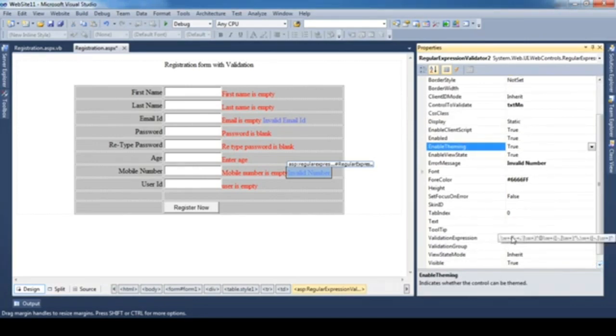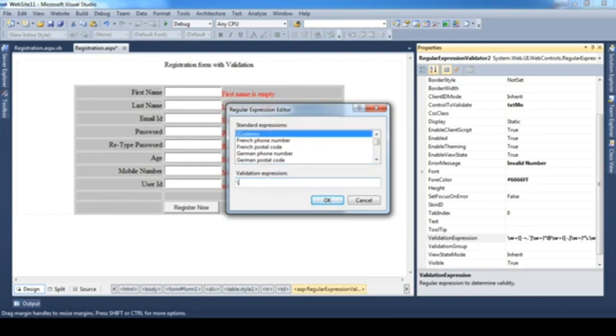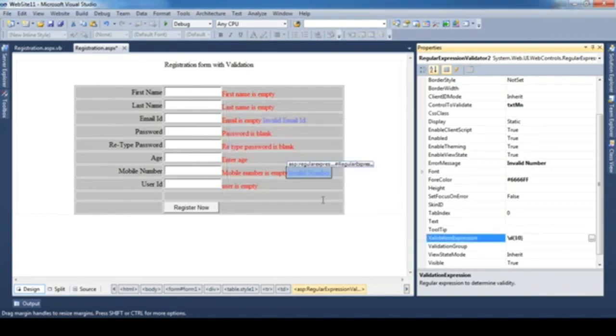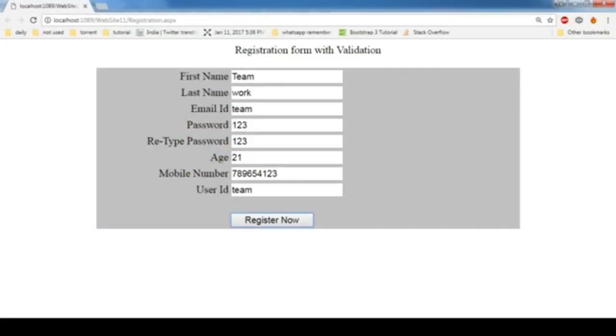For color also, if you want to change it, you can. And again go to the validation expression. Now we don't have any ready-made expression for mobile, so just select the custom one and type it, as I told you I want only digits. For that I have taken \d, and how many digits do I want? 10. So within curly brackets I have specified 10 and clicked OK. So \d means only numbers, and 10 of them.